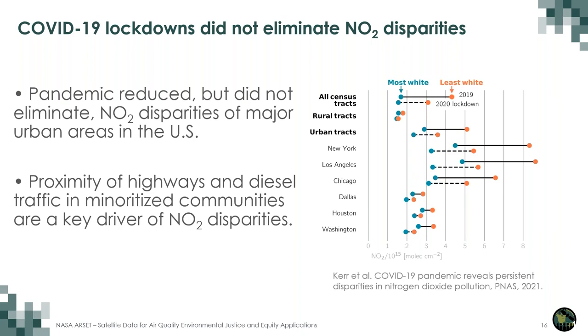in NO2 pollution. So the pandemic reduced but did not eliminate NO2 disparities in major urban areas in the United States. And you can look at the major urban areas listed here: New York, Los Angeles, Chicago, Dallas, Houston, and Washington. We see similar results for all of these urban areas. We tried to dig in a little bit and understand what emission sources were contributing to the air pollution injustice. And we found that the proximity of highways and diesel traffic in minoritized communities were a key driver of NO2